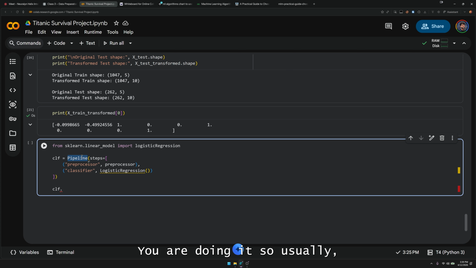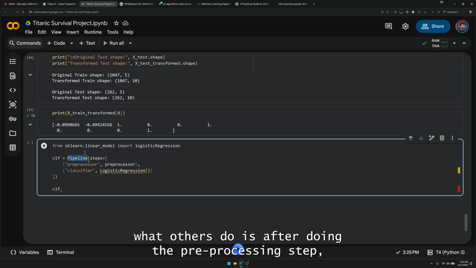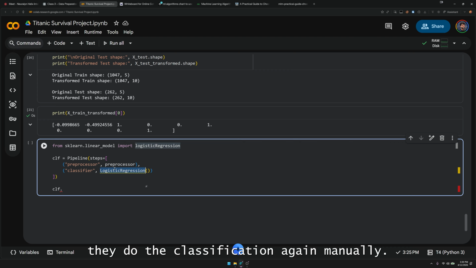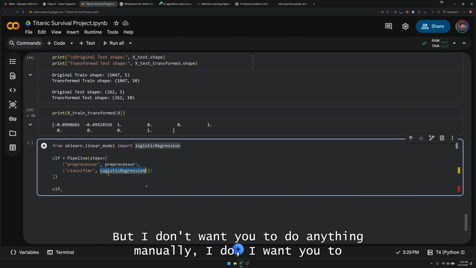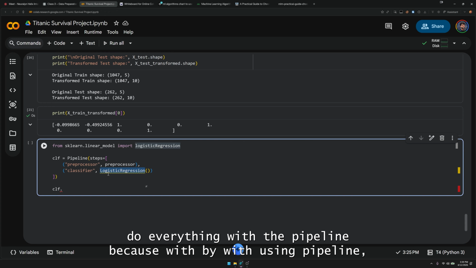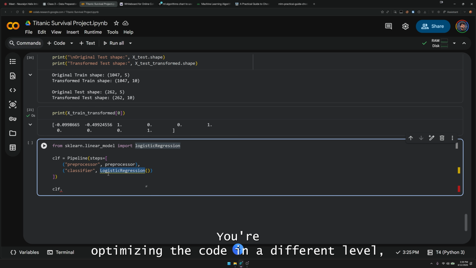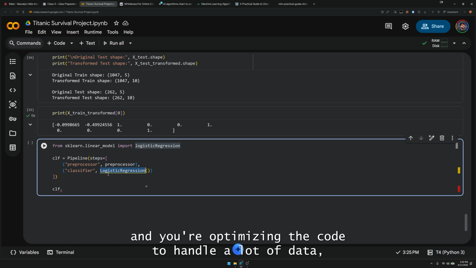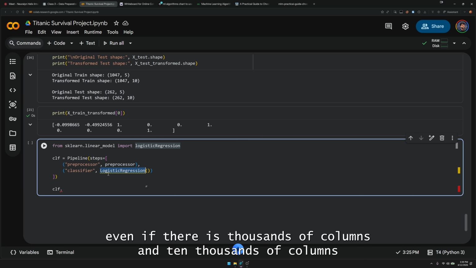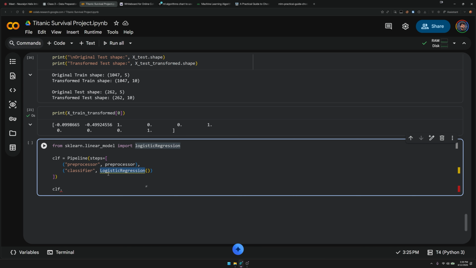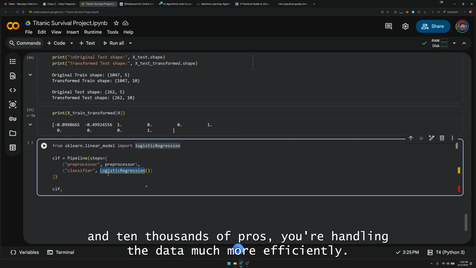So usually, what others do is, after doing the pre-processing step, they do the classification again manually. But I don't want you to do anything manually. I want you to do everything with a pipeline, because with a pipeline you're optimizing the code at a different level, and you're optimizing the code to handle a lot of data. Even if there are thousands of columns and 10,000s of rows, you're handling the data much